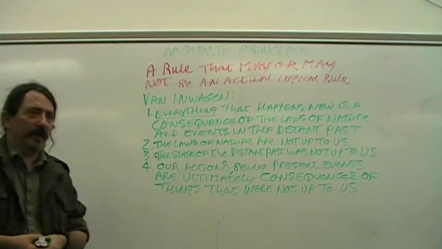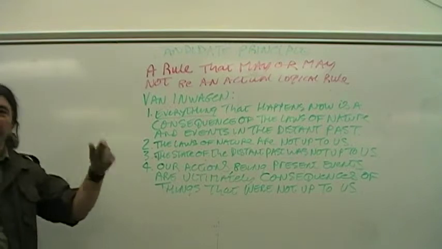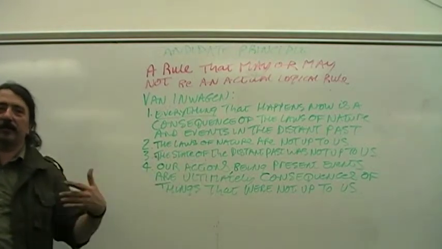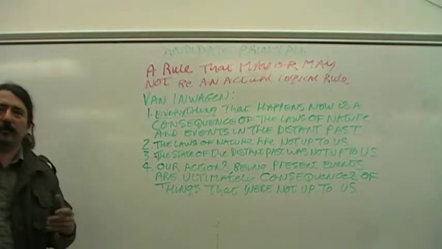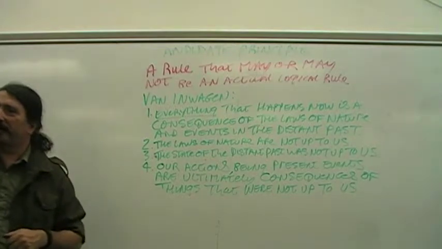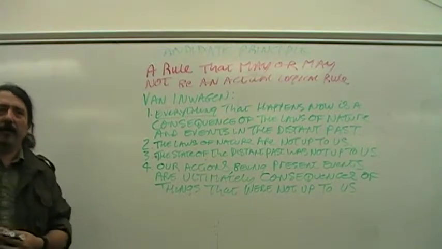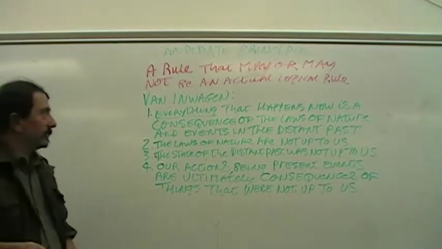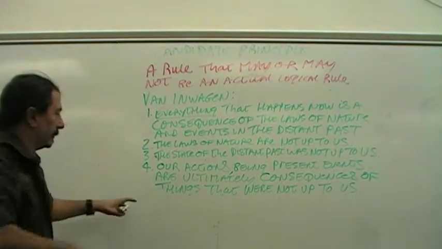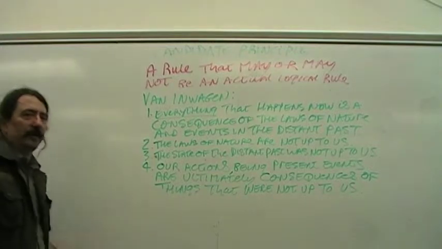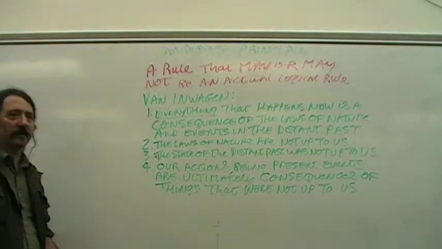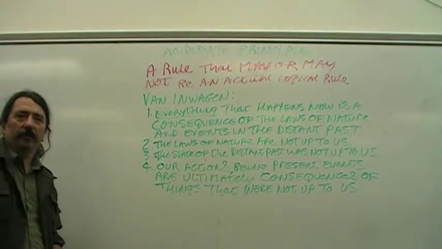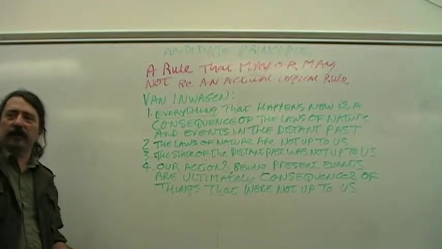The proximate cause was me. Now, I would say I did it freely. Nobody made me do it. Did you see a ninja holding swords or a guy with a gun to my head saying, throw that pen? No, I just got sort of annoyed and threw it. I said, that's not going to work, and threw the pen. So I would say that was a free action. Van Inwagen says, no, it's not a free action because it's a consequence of something that's not up to you.